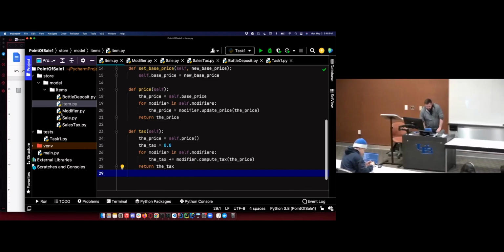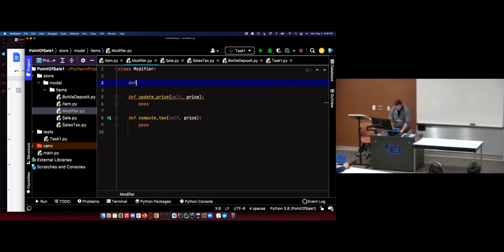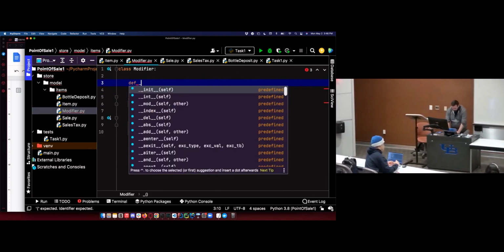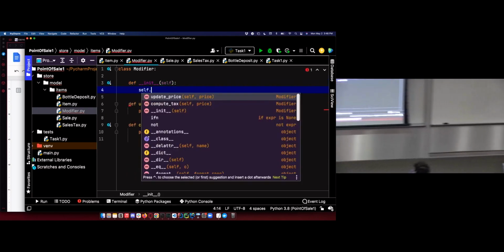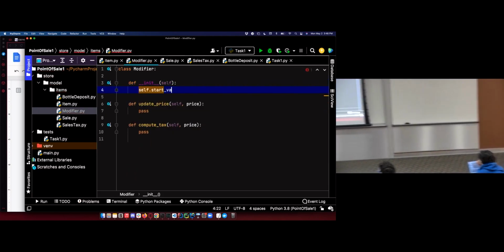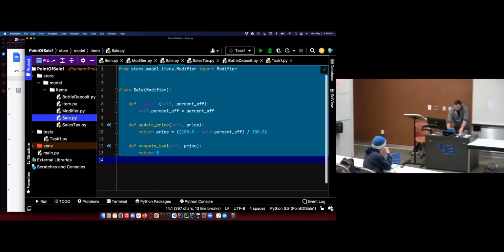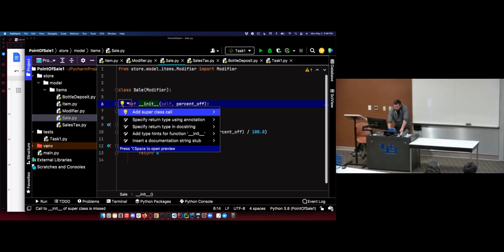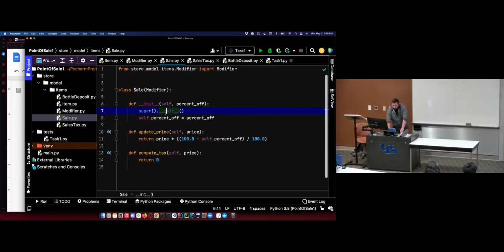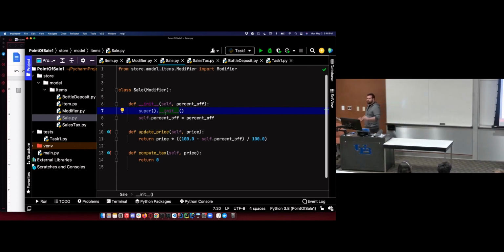So if modifier had state, so if I had def init and I said self dot state var equals 3, I should get errors over here.